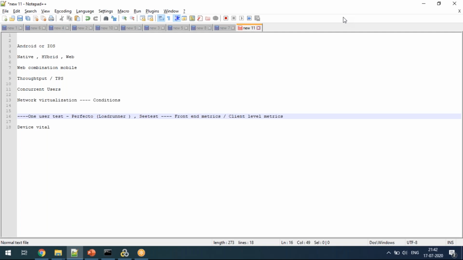Sometimes people call each and every term a little differently. The client side, the front end, the end user experience, all those are the same, right? In a similar line we are traveling, but the terms are a little different. That is the reason I'm saying, people will collect it in different terms. It is all specific to the organization and the account they are preparing. But if you ask me, I'll give you this list. Maybe you can create a template, Vinod. If you create a template, give it to me also, I'll review it, no problem for me. If you have a template, tell me what has to be added or removed, and I'll tell you.